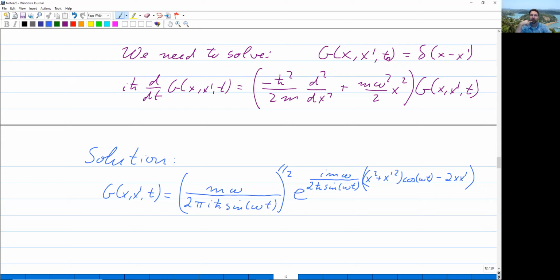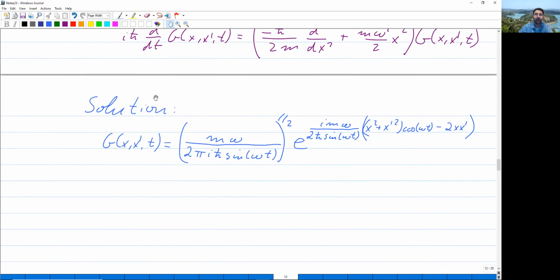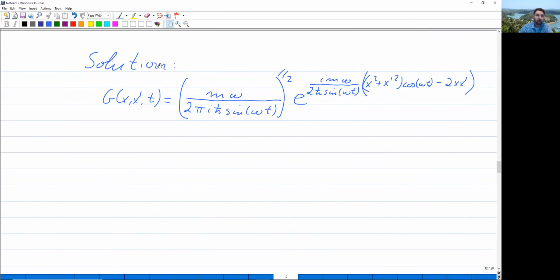And you see there is quite a bit going on here. I mean, how often do we see a function that has a complex exponential which has in its denominator a sine? So obviously this is a non-trivial thing, but yeah, it contains all the information about the harmonic oscillator, everything. And in particular, we have now solved the harmonic oscillator for every initial condition at once. Because now,